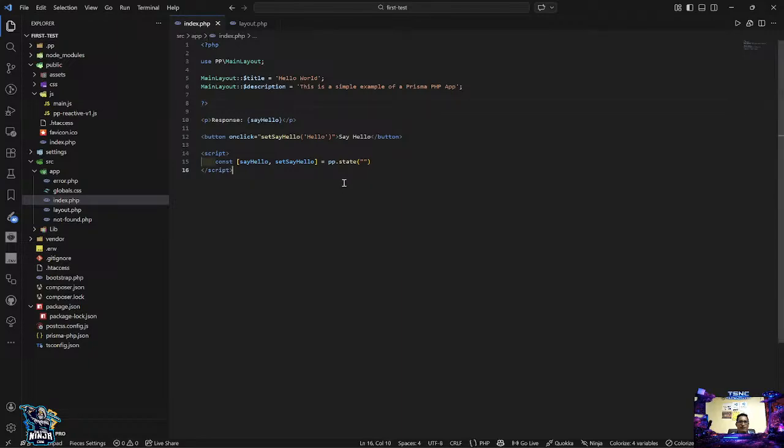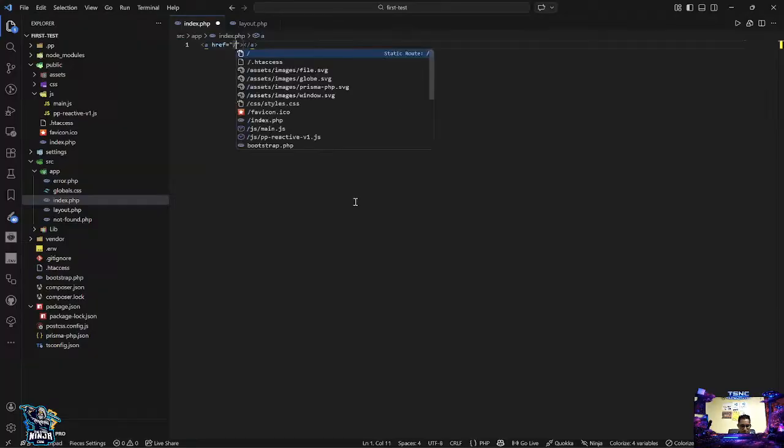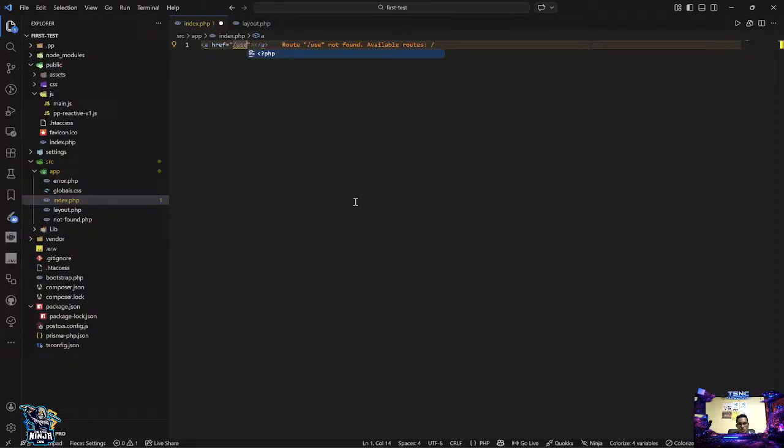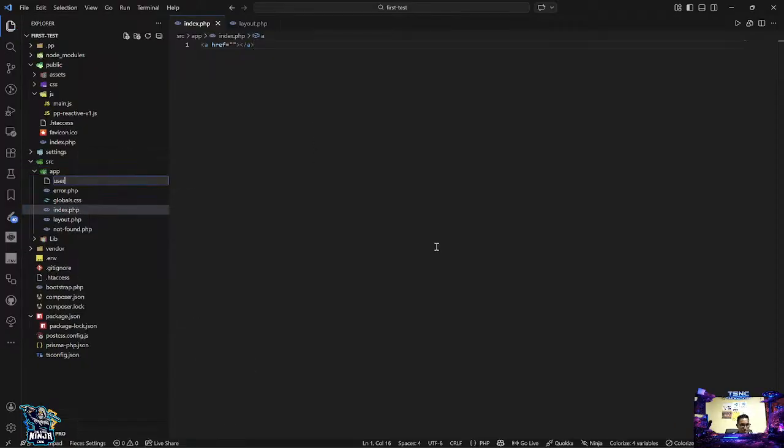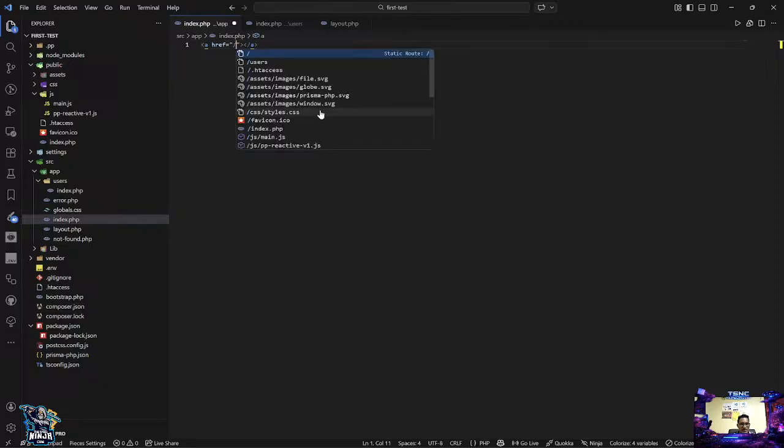Okay, now what about if I want to create a user route? Let's say I have an anchor tag and I want to go to users. As you can see, there is no autocomplete suggestion. So I'm going to save this and I'm going to just create users and then index.php, and I'm going to say paragraph hello from users. In this case I'm going to save, and now you're going to see that when I